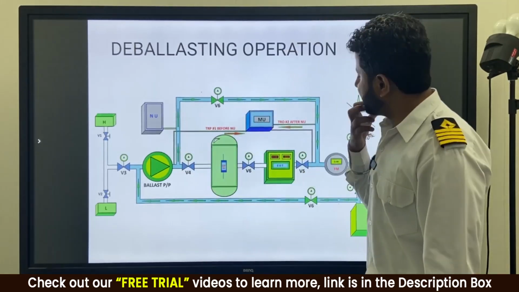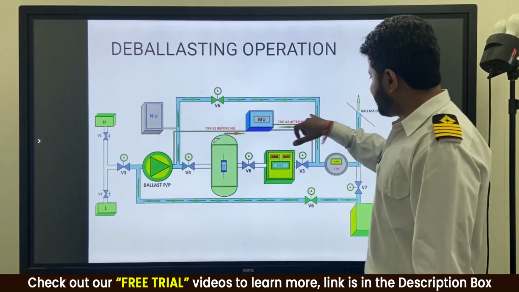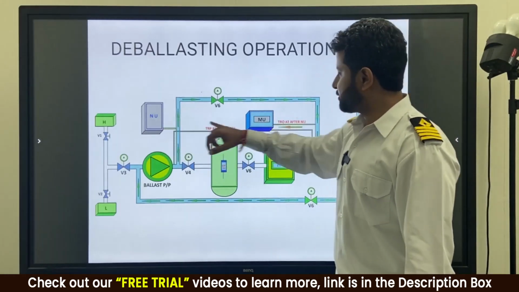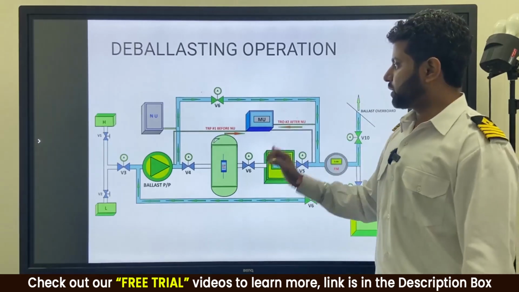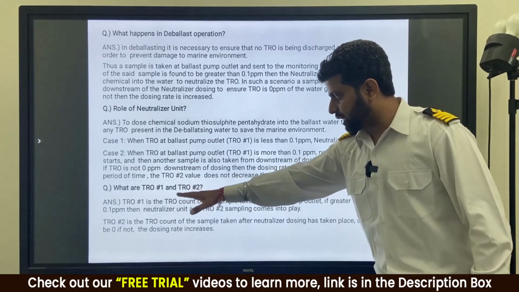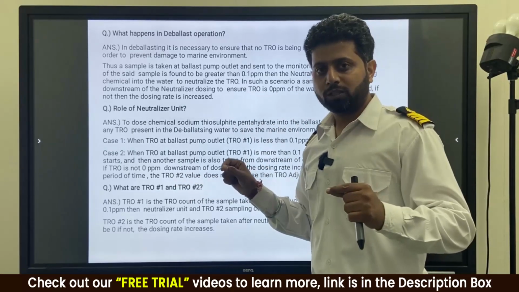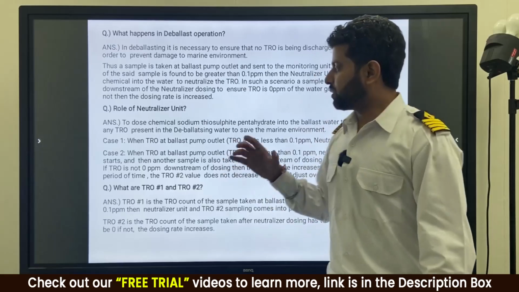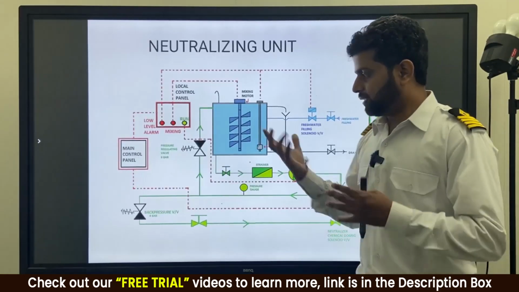So at the end of the day, if it is more than 0.1 ppm, it will start, and at the end dosing should be such that it should be less than 0.1 ppm at this point over here. This is what is the role of neutralizing unit over here. So again, I have told you what is TRO1 and TRO2, those pipelines before and after fitted with solenoid valves, and what is the rule. So now guys, this is what you have to know about neutralizer unit,